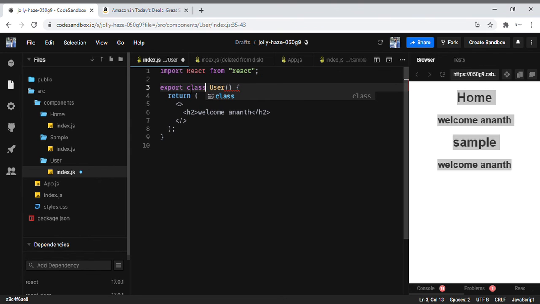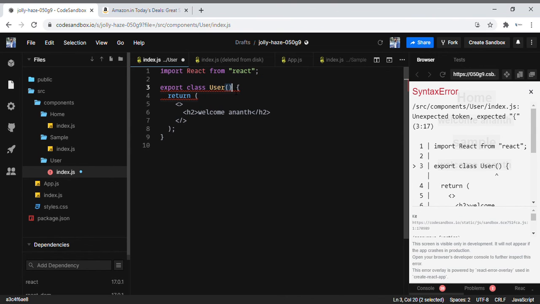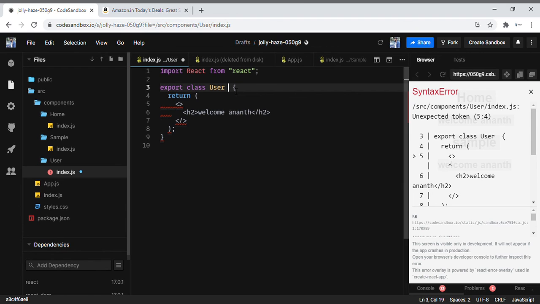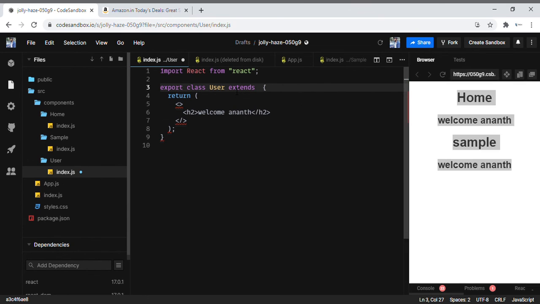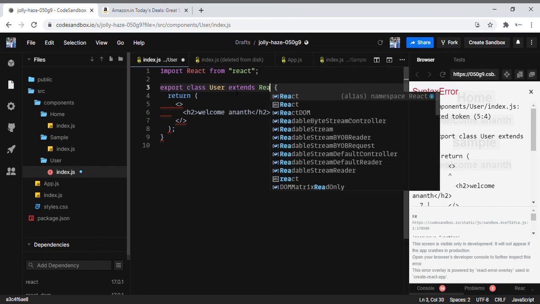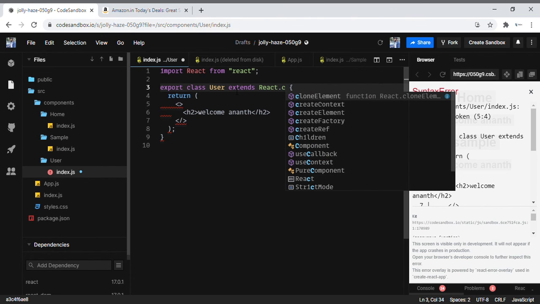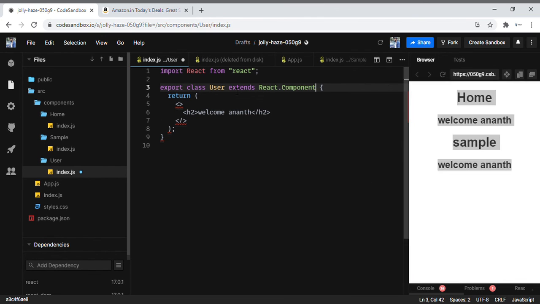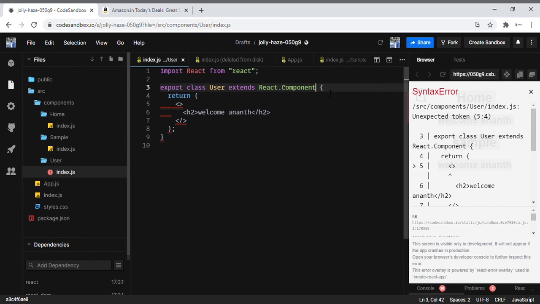export class user. You have an extend keyword in the class and you have to extend it to the React dot Component. And in the class component you have another thing also.